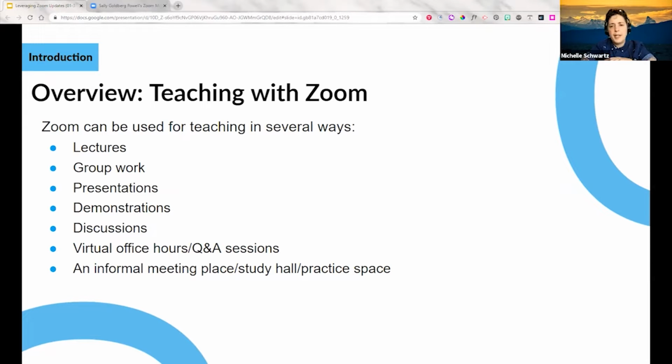It's also really good for enabling group work, and we'll discuss later a few of the different features that make that possible. It's good for presentations, and that can be from any number of people. It could be you giving a presentation, but it can also be student presentations where you have them present their work. Similar to your lectures, the students can pre-record themselves and then just share the file in D2L, like a 2-minute presentation on a topic they're working on, or they can do live presentations with each other in class and give each other peer feedback live. So there's a lot of different